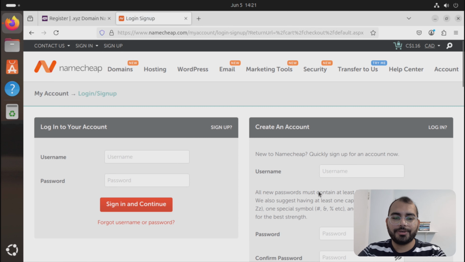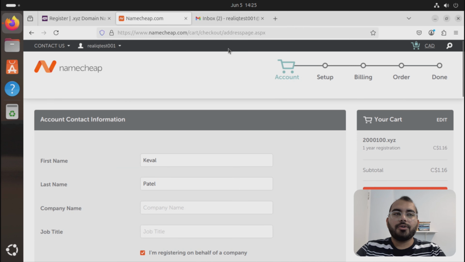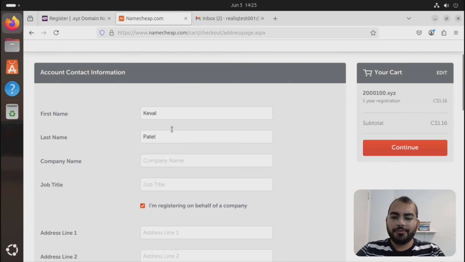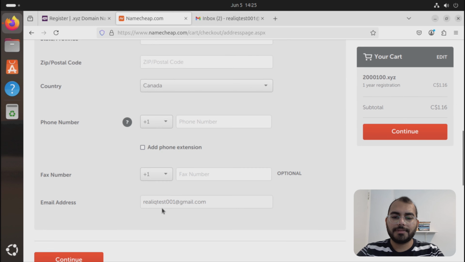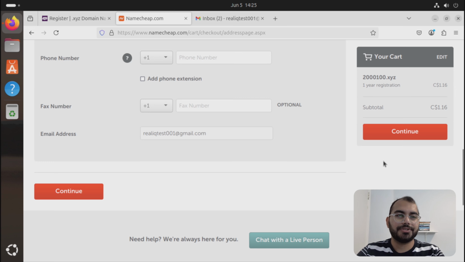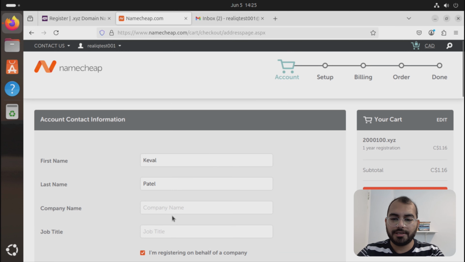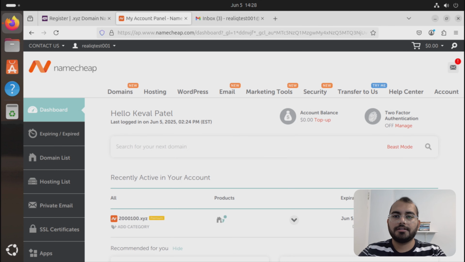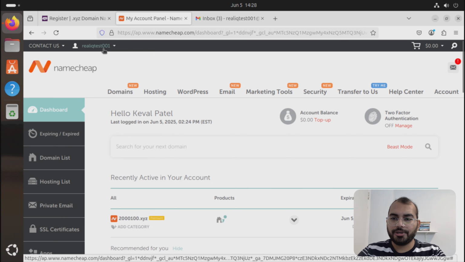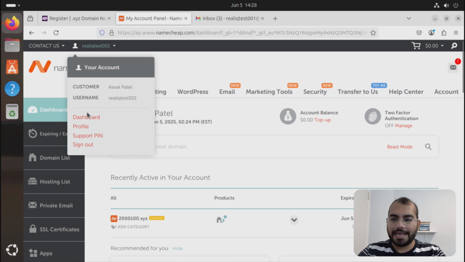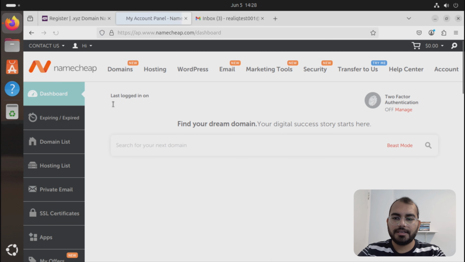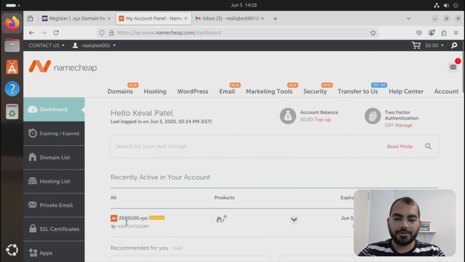And now I'm just going to create a new user. Okay, so once you log in, you fill out all this information, and once you fill out this information, just purchase the domain. So I'll do that now. Okay, so once you set up your domain, if you go to your username and dashboard, you should be able to see your domain here. Okay, so let's create a Cloudflare account. Next thing,